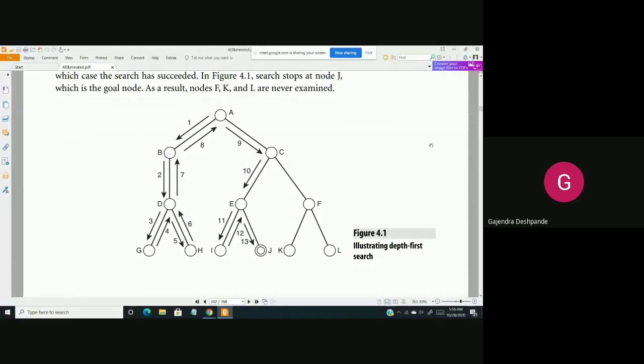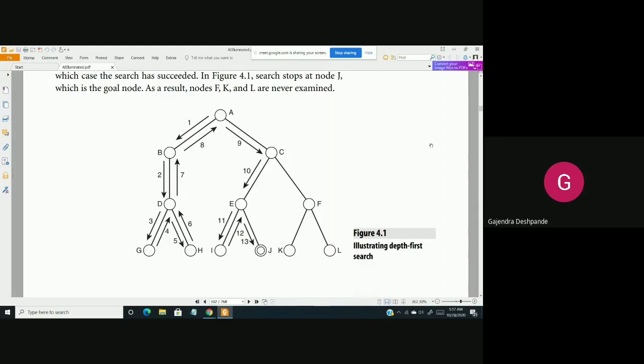Now you have to go to the next branch on the right part of your tree. So for that again you have to backtrack. So now again backtrack to node D. At this level also all the nodes have been visited, so backtrack to B. At B also you have visited all the nodes, so backtrack to A. Now when you backtrack to A, you will see that there are a few more nodes to be visited. So from A move to C. Now again from C you should not move to F. So even in the rightmost part, the first step is to visit the left part of the tree.